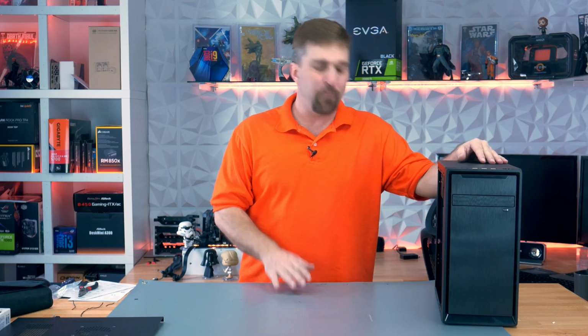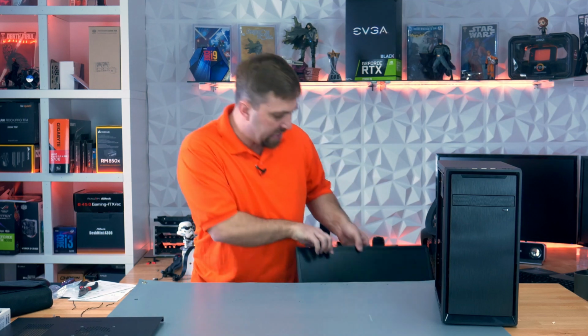Okay, now typically in my build guides, I don't include peripherals, the monitor or keyboard mouse combo, because that's very subjective. I've always recommended you go to a Best Buy or Micro Center, somewhere where those things are on display, and find the one that's just right for you. However, today, not really an option for most of, well, the world. So to keep the overall cost of the system down as much as possible, today I'm recommending this